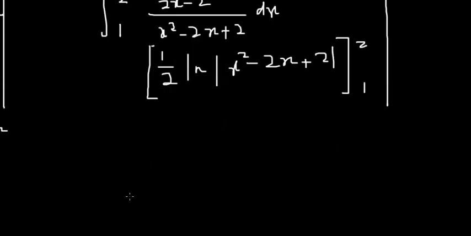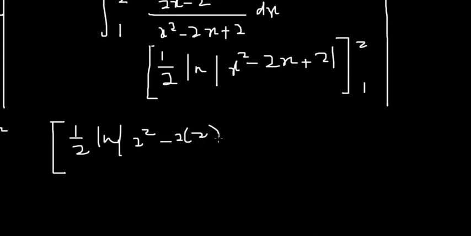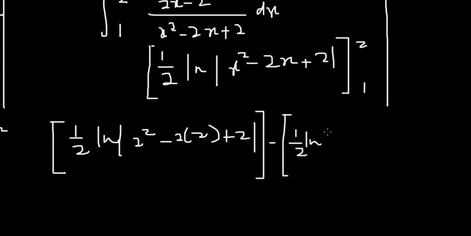Okay, so let's proceed from there. So let's insert our limits. So from here we have 1 over 2, taking the limit of the absolute value of 2 squared minus 2 multiplied by 2, plus 2, taking the absolute, minus 1 over 2 ln of 1 squared minus 2 times 1,